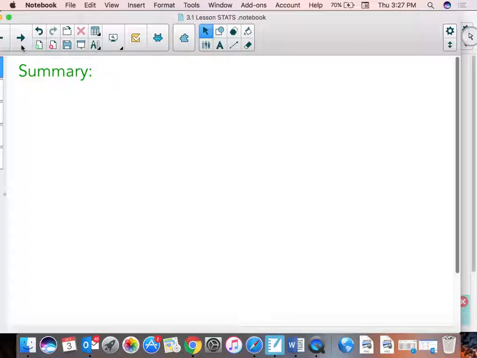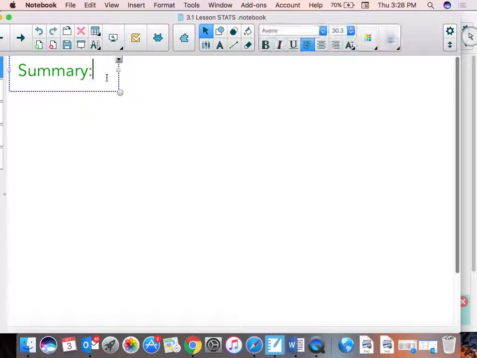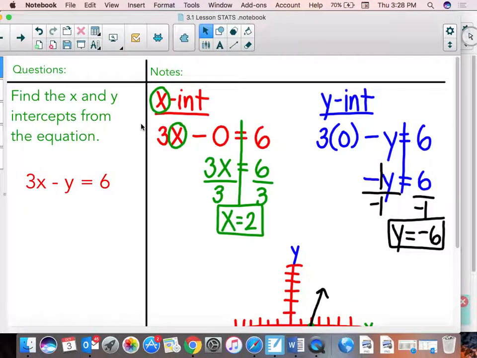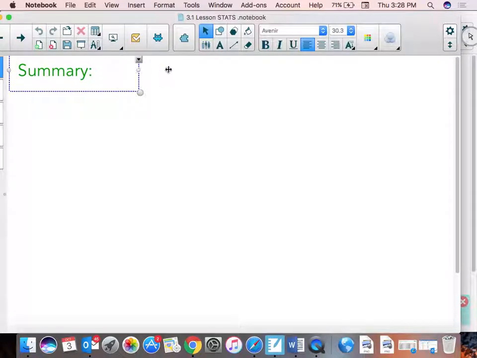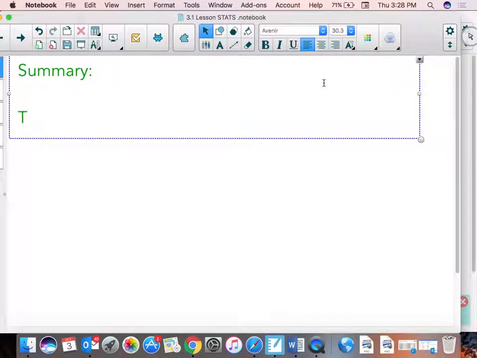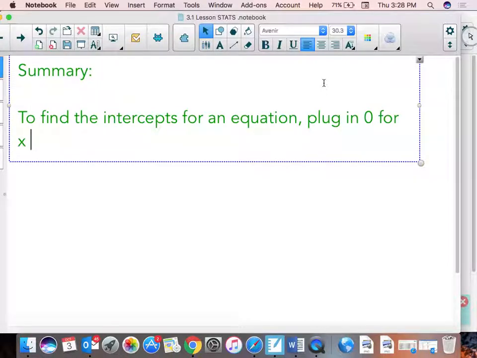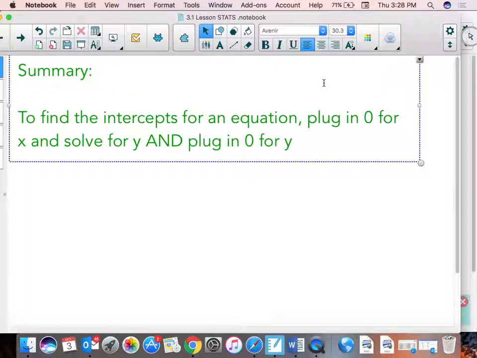Summary. All right, so our essential question was, how do you identify the x and y intercepts from a linear equation? So we're going to go with just the equation part of this to find the intercepts for an equation. Plug in 0 for x and solve for y, and plug in 0 for y and solve